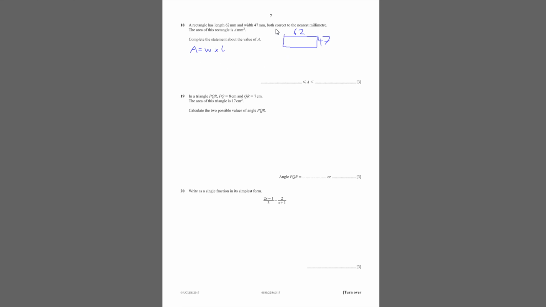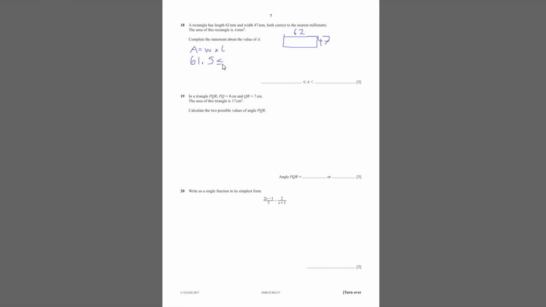However, we want them correct to the nearest millimeter. No, sorry, we do not want them correct to the nearest millimeter. We want them to be decimal numbers. Now, the simplest way of doing this, and probably the correct way, is to go 0.5 to the side of each. So for example, we get 61.5